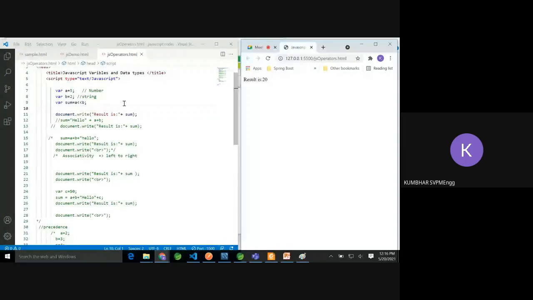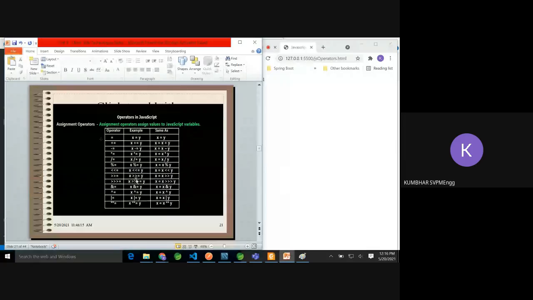If we right shift it, then it is saying 1. The number 5 is 0101, and after shifting by 2 places only 1 will be there, all the remaining will be 0, and that's why it is 1. So I hope you understand these shift operators.